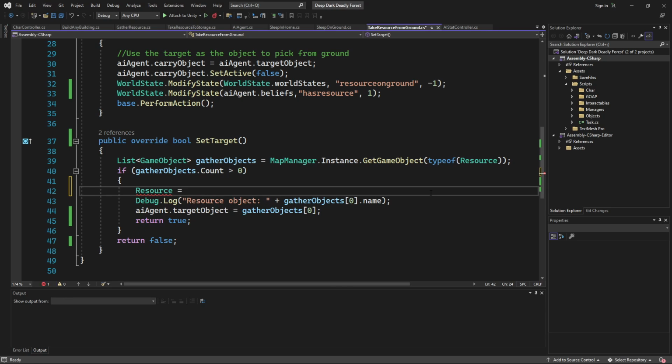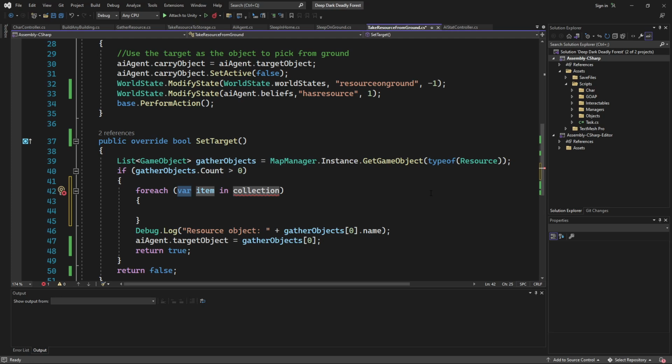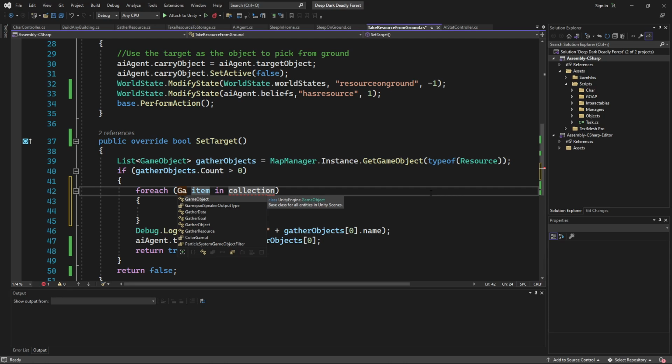Resource is equal to gather. I feel like we need to loop through all of these for each gather object. Sorry, game object.